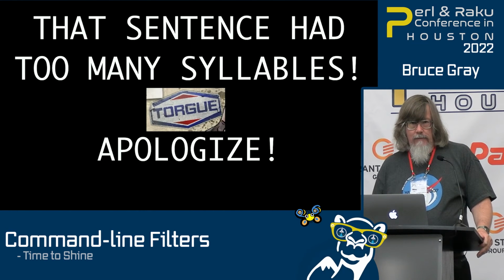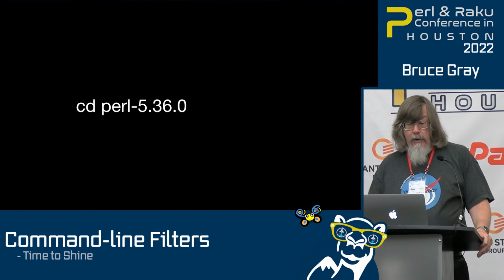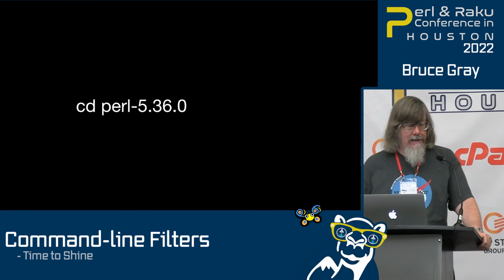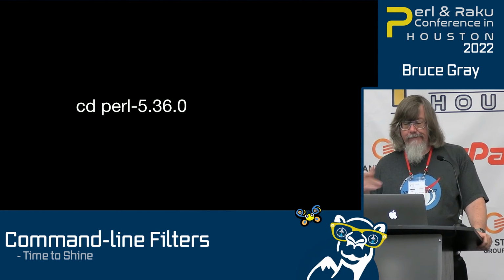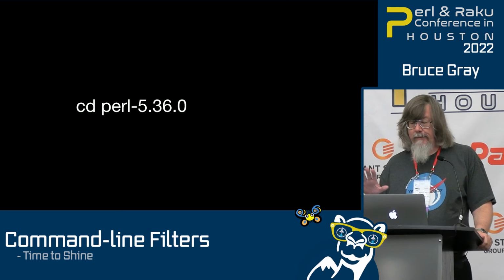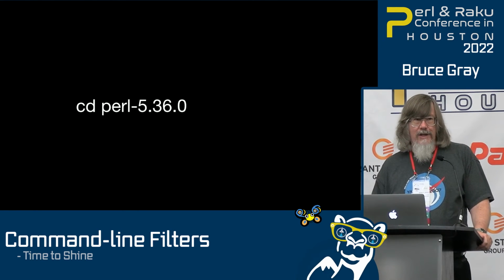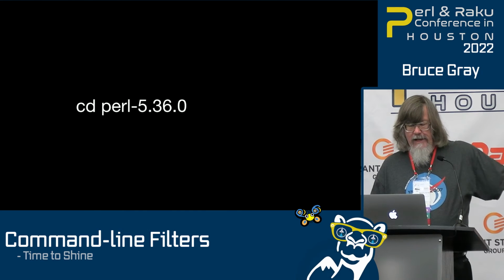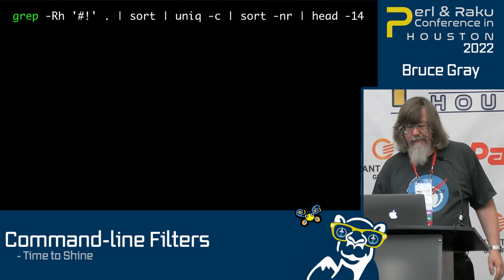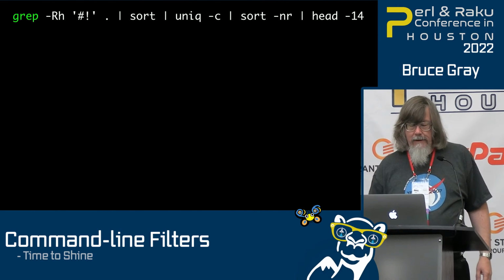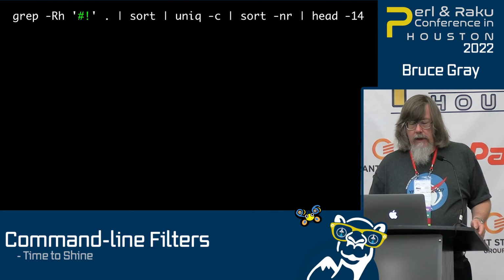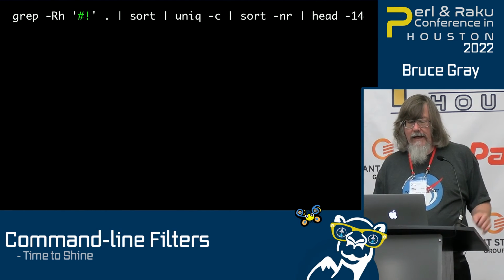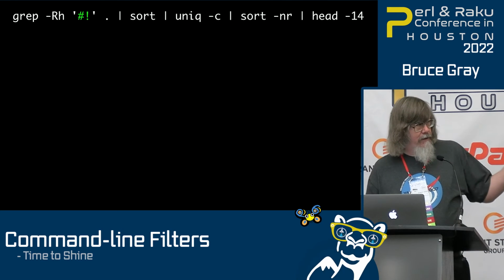Here's what it looks like when you use it. Perl just dropped an exciting new release. OCD is not among my ailments, but we all know about a foolish consistency. Uniformity has a shiny appeal to my ADD. I downloaded the source, I unpacked it, changed directory to its location. I want to use grep to search for the shebang lines. Anything in the source code with those 2 characters,